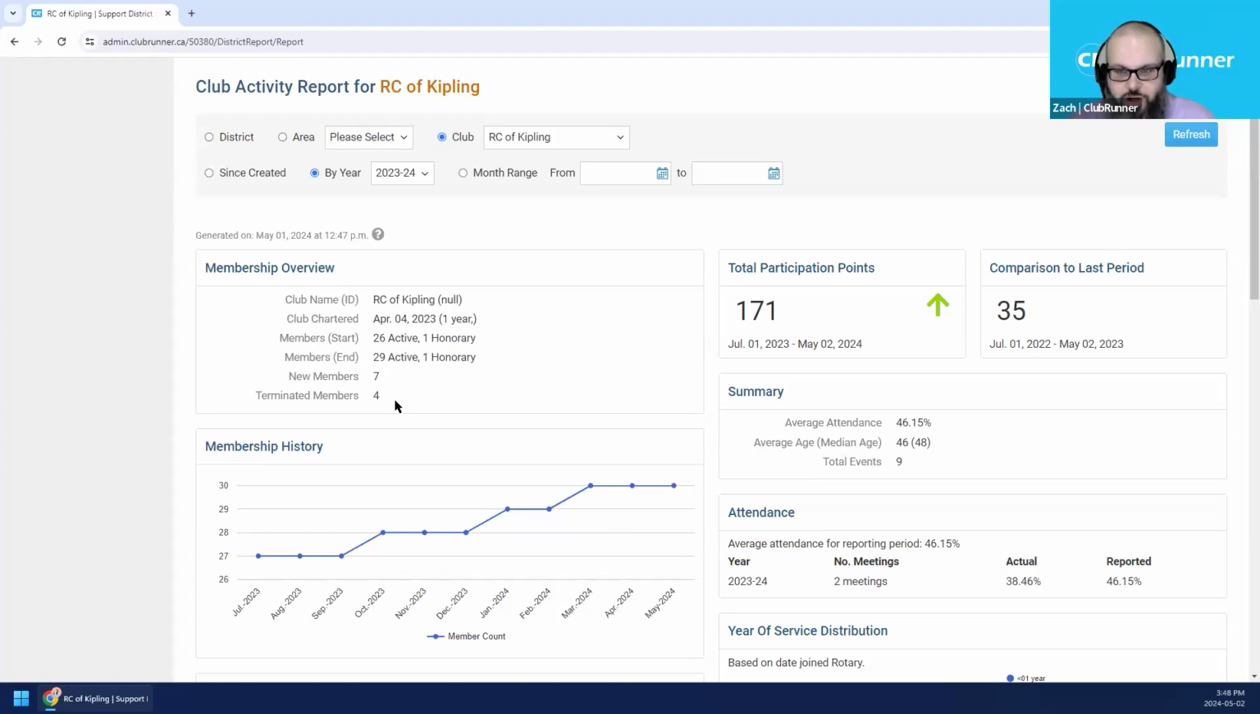So they've overcome their standard potential loss of membership, where we know that the club on average is going to lose 10% of their members a year. In this case, they actually lost closer to 10-15% of their members, but they were able to counteract that by bringing in 7 new members this year. And from the club overview, we can get a lot of insight into the club,